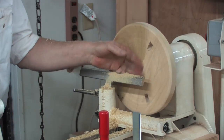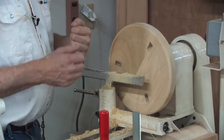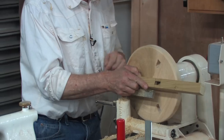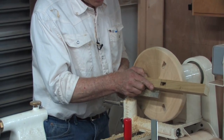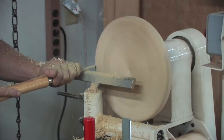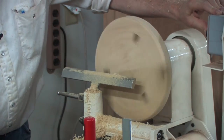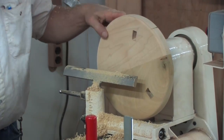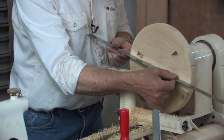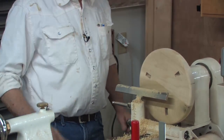And if I had a straight edge, a hunk of wood would do. Really just want to see what kind of a dip I've got in there. I'll go a little bit deeper than that. And that's about as far as I'm going to go. I just think, trying to make it a little easier on the bottom I was set here